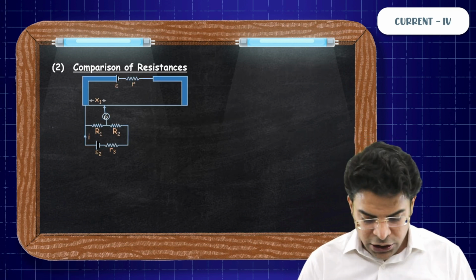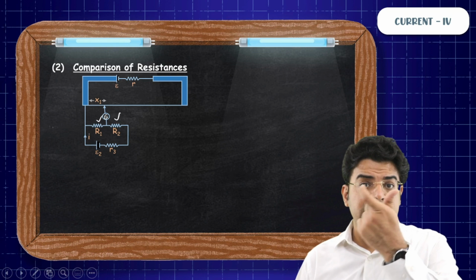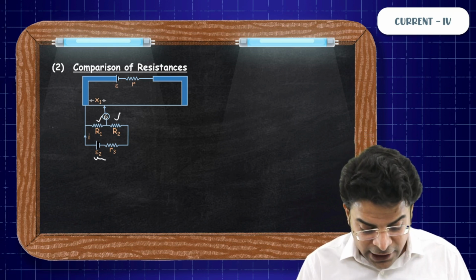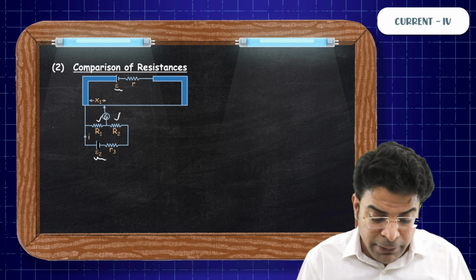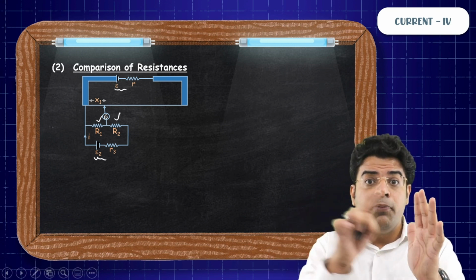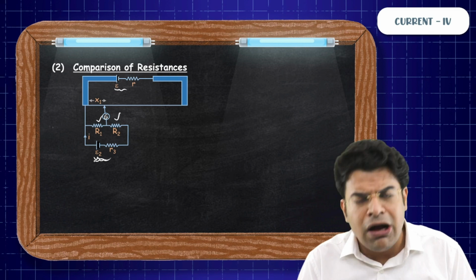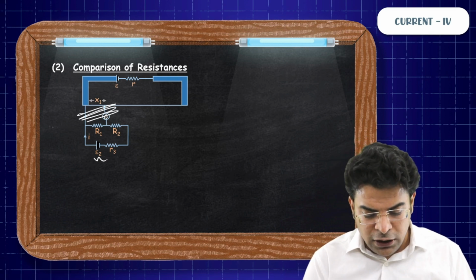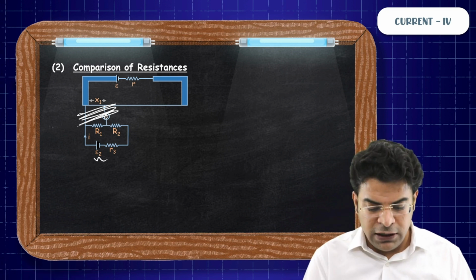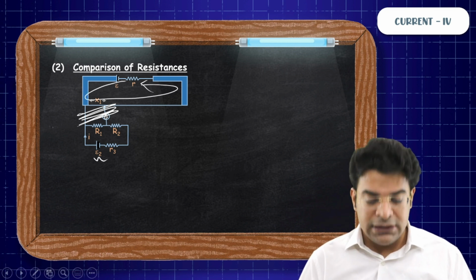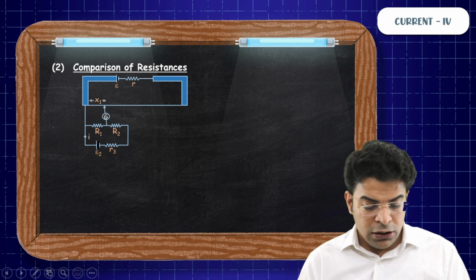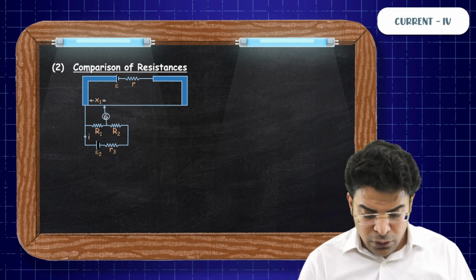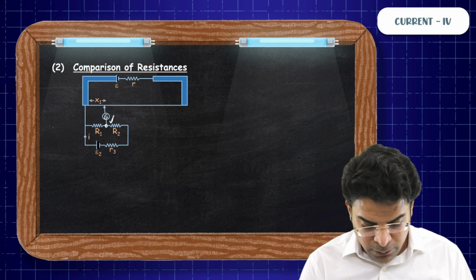So first, you need to connect the series combination of the two resistances you are comparing to a secondary cell, a new cell. The primary cell drives the current in the potentiometer wire. Because of this other cell, forget the two connections. Now there are two loops, the potentiometer loop and the secondary loop. This secondary cell drives the current in the secondary loop. You connect the galvanometer at a point here.